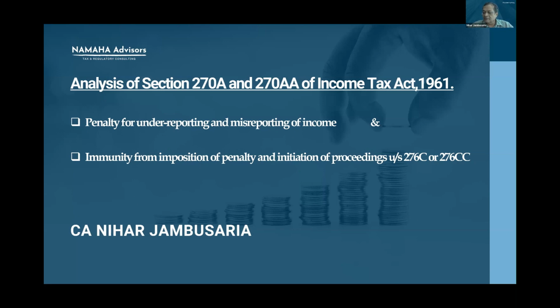And lastly, the assessing officer has to decide whether there is underreporting of income and whether it is in consequence of misreporting of income, for which the assessee is required to be given opportunity of being heard.